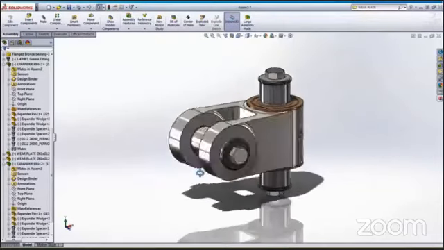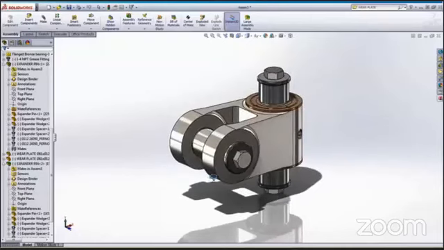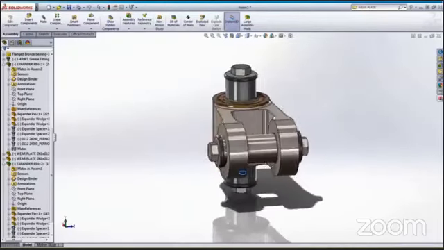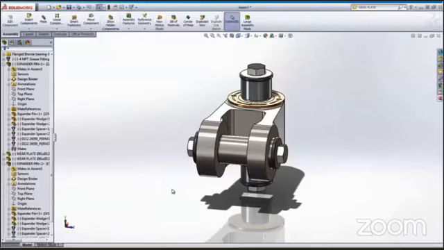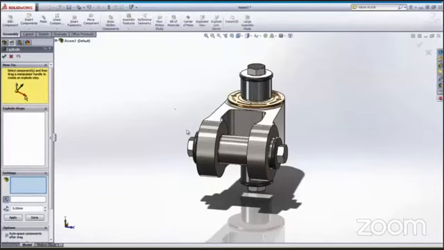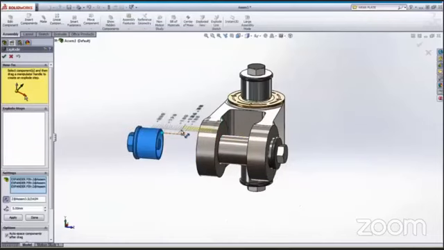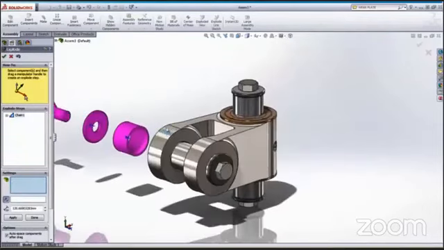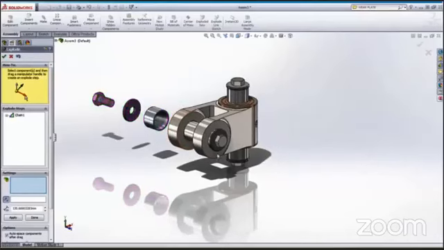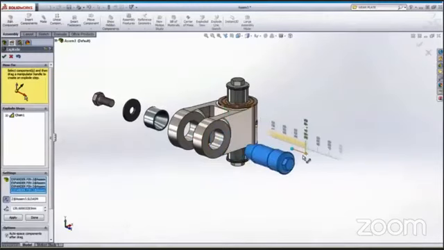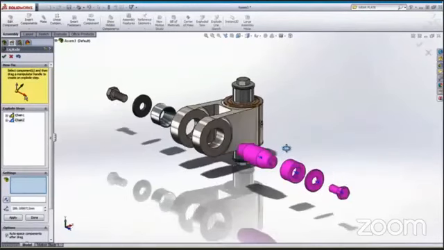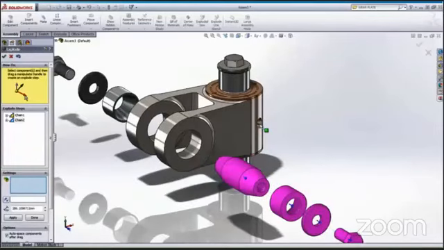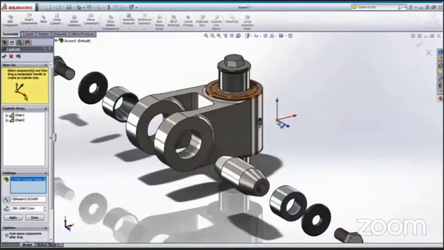And our assembly is completed. A great way to communicate how it simply goes together is with an exploded view. And this is simple in SolidWorks. Let's grab these three components, just drag and drop them. SolidWorks automatically spaces them, saving me the time of having to do them individually. We will do the same on the other side, this time selecting the pin as well.